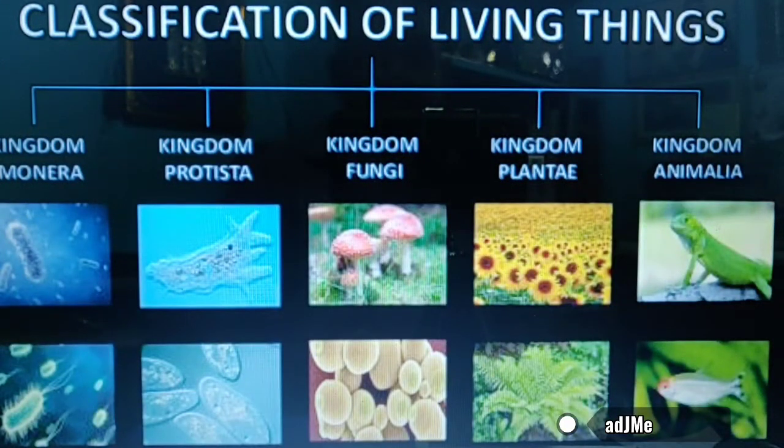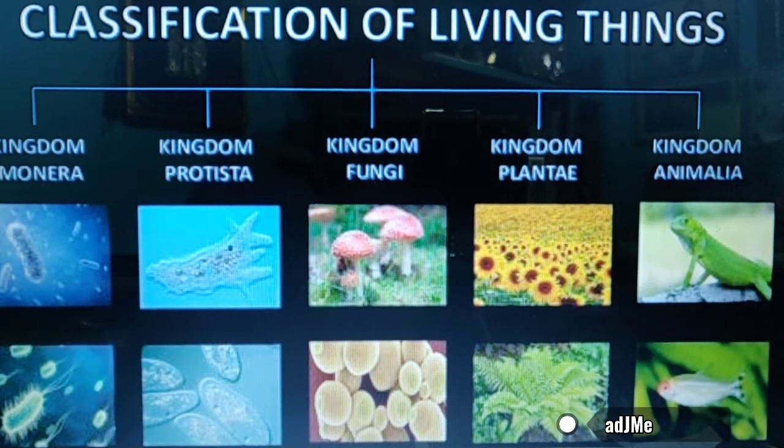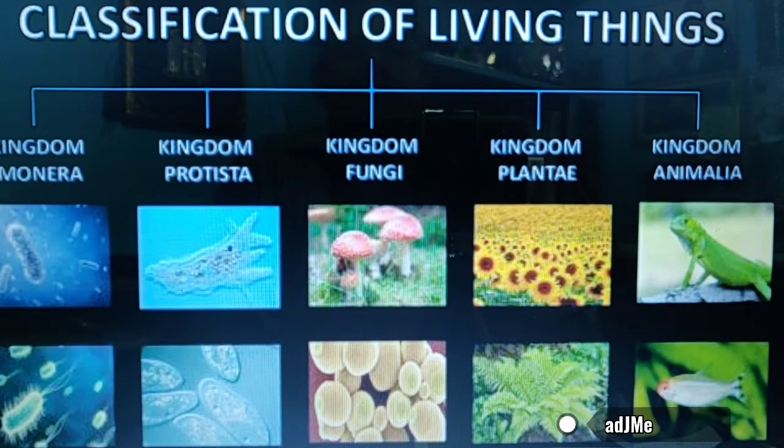This is the classification of Whittaker. He classified living things into 5 different kingdoms, which include Monera, Protista, Fungi, Plantae and Animalia. Again I repeat, kingdom Monera, which includes bacteria. Second, kingdom Protista, as you can understand from the picture, which includes amoebae and unicellular animals like paramecium. Third, kingdom Fungi, which includes all fungus,